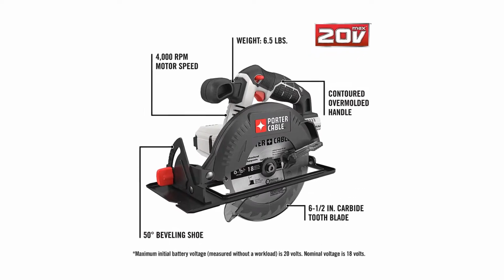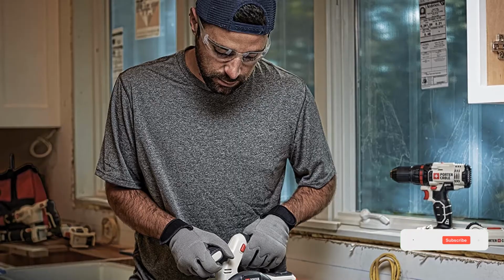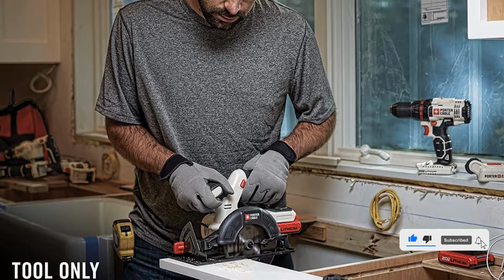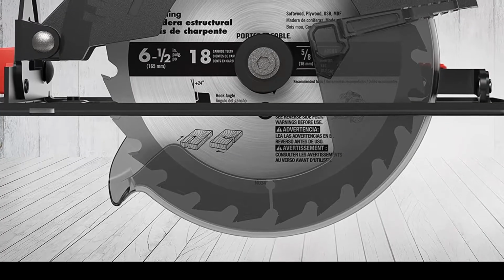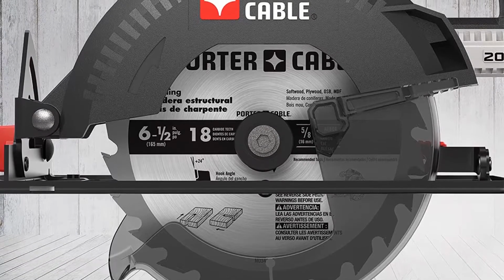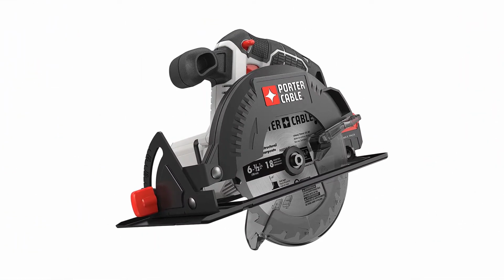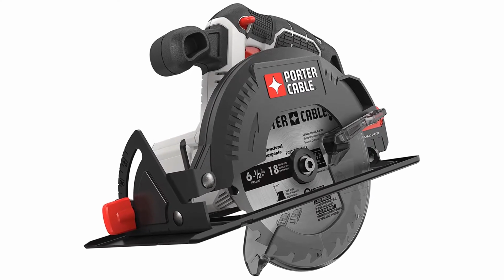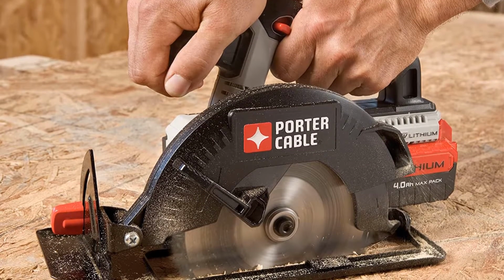And this is quite decent when you consider the size of this blade and the justified price tag of this saw. It even features the ability to adjust the bevel angle without any issues. You can change the bevel angle adjustment up to 50 degrees as per your requirements. This saw uses a blade with carbide teeth for extra durability. You can cut all kinds of wood blocks without worrying about damaging the saw or its blade. It uses a 20V battery system for powering this cordless circular saw if you wish to use it as a